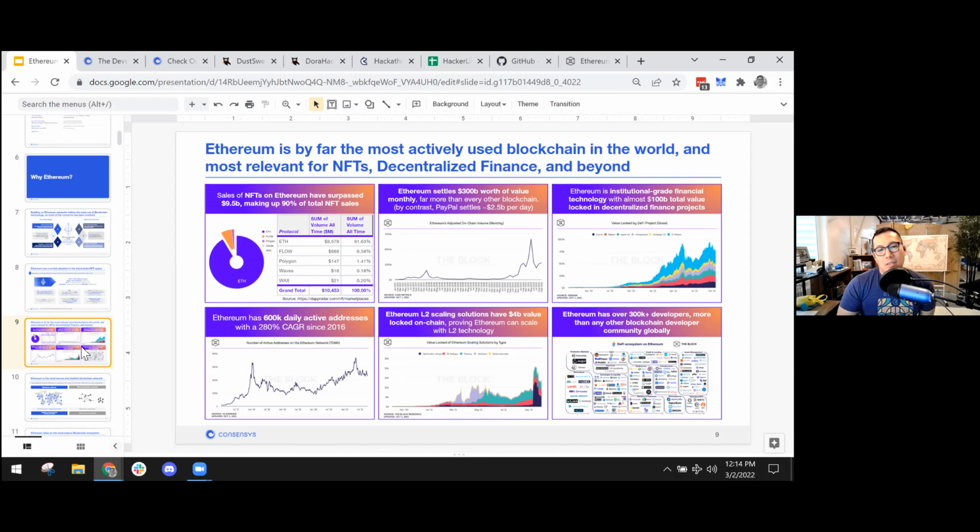There's also hundreds of thousands of daily active addresses being created and used on the network. All these concurrent users are interacting in real time. Maybe you've created your own wallet, bought some crypto, and you're interacting with the network. This is one of the strengths of these blockchain networks: concurrent users. You can have millions of users that are created, and then once they interact with the network, it's